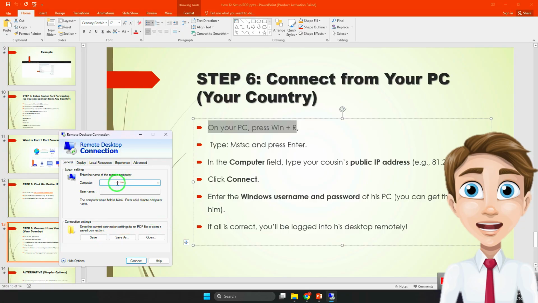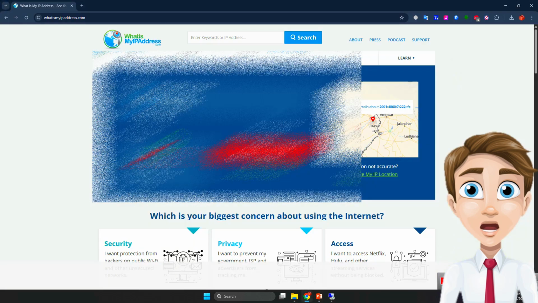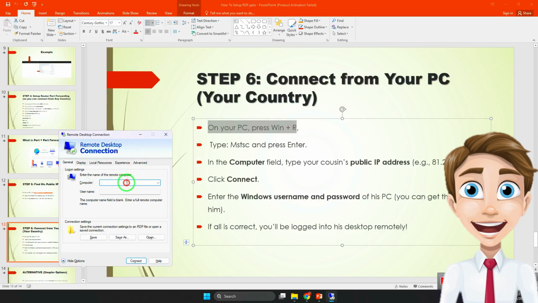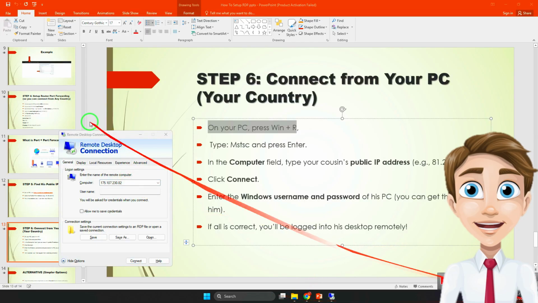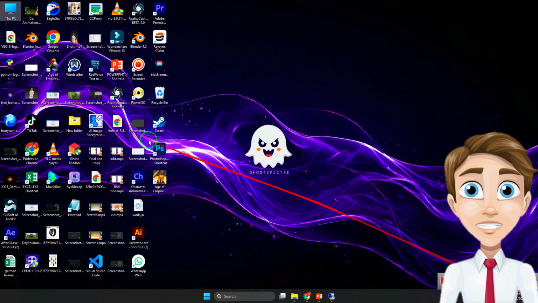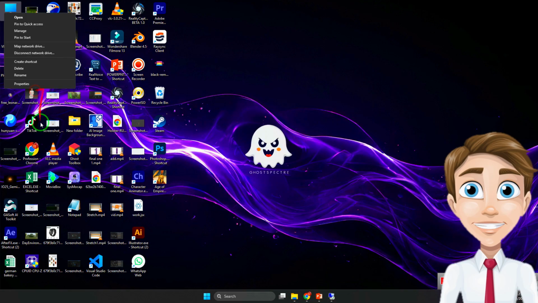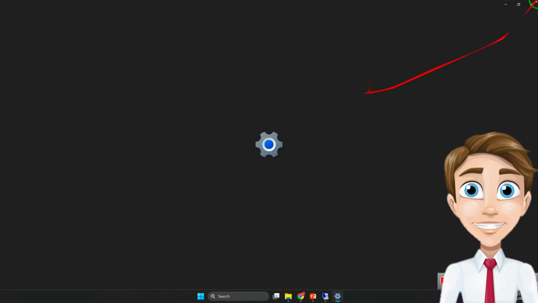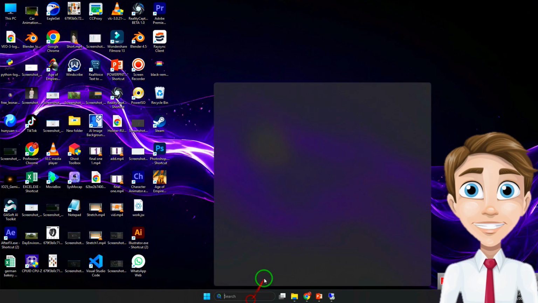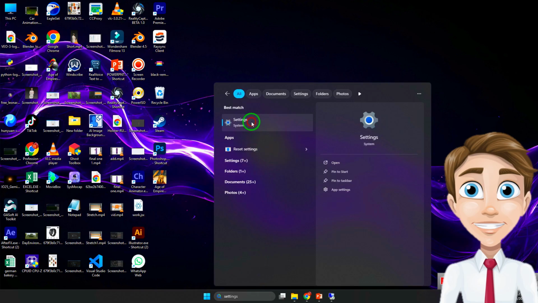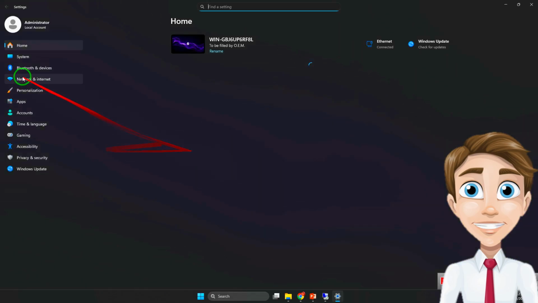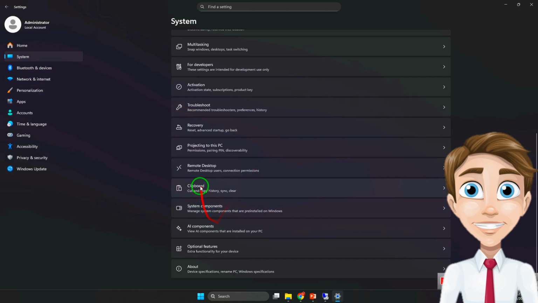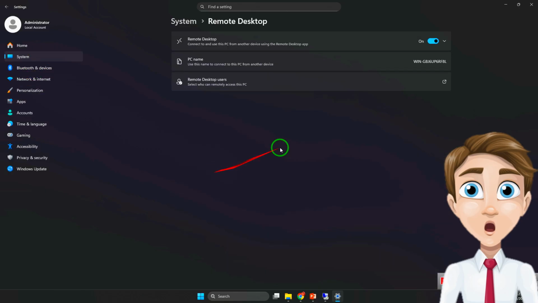The computer name will be your public IP address. You can use that IP address as well. That will be my computer name. I will put that computer name here, and the username will be my computer's username. I will have to go to that step again. I will have to go to settings. In settings, I will go into system, then remote desktop, and I will copy my system's address,